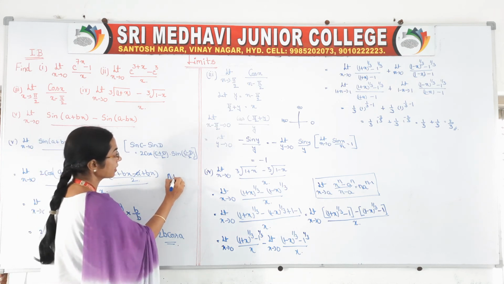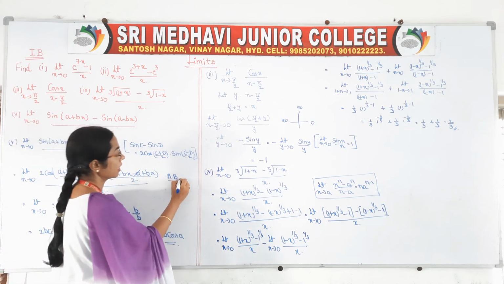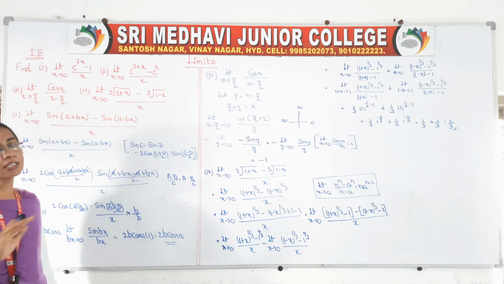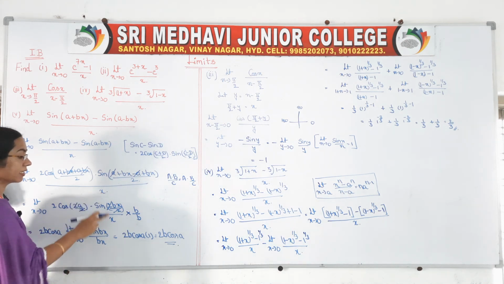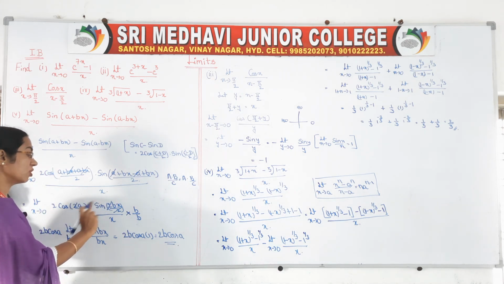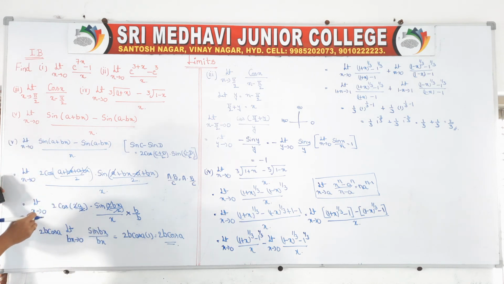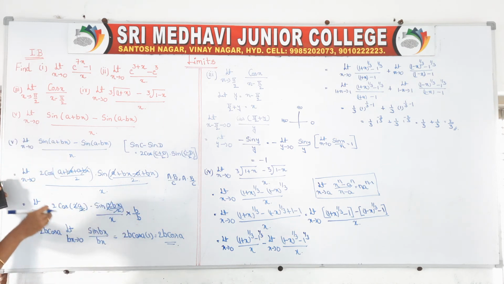Already I said, we discussed about this so many times. If anywhere we are having a into b by c, we can write this as a into b by c according to the situation. If situation demands, we can write like that. There is no wrong in writing like that. So here I have taken this x for this one. Okay, so after that, if you observe carefully, it is sin bx by x is there. So downwards also we want the b value, that's why multiplying and dividing with b.